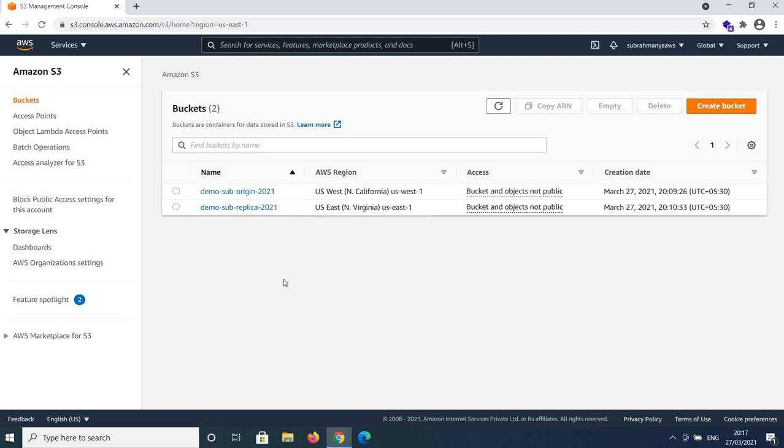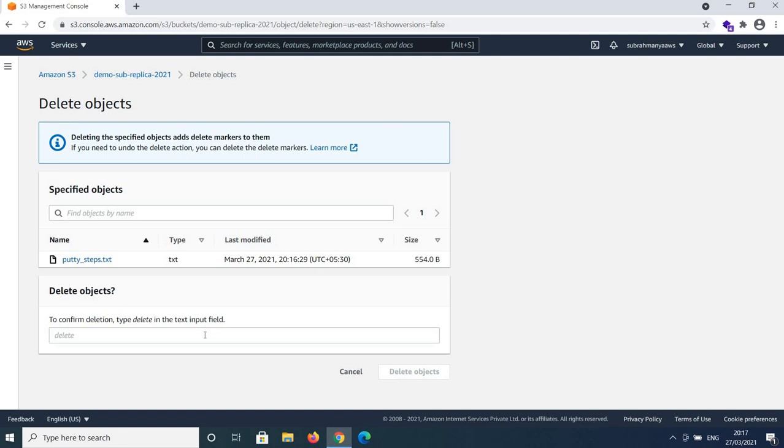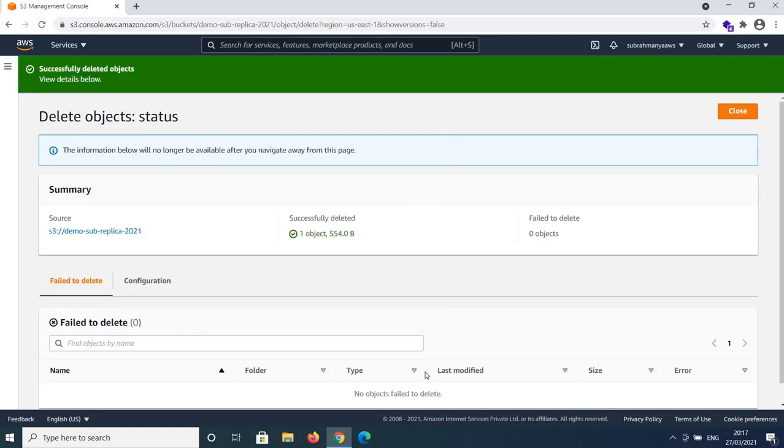Now I will tell cleanup activity. Select both file. First I will delete file which is present in second S3 bucket. Click delete. Type delete. Click delete objects. Click close.